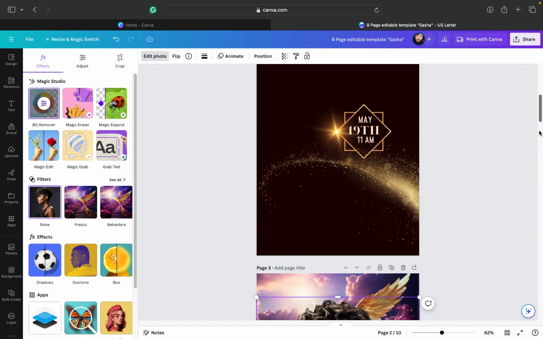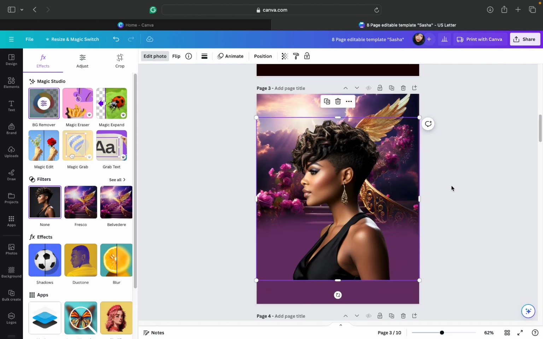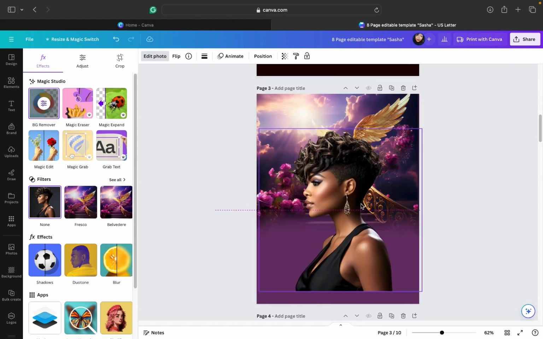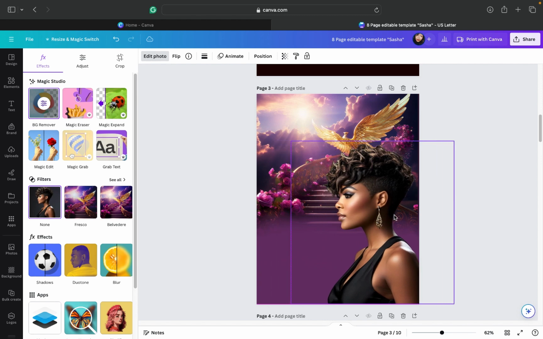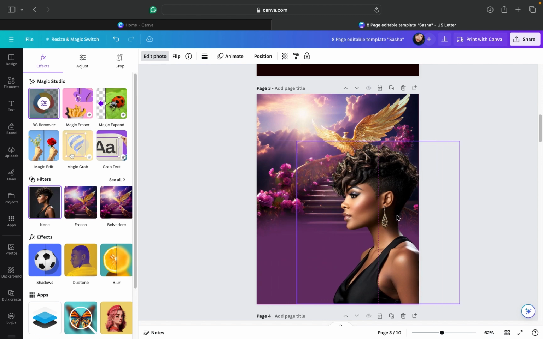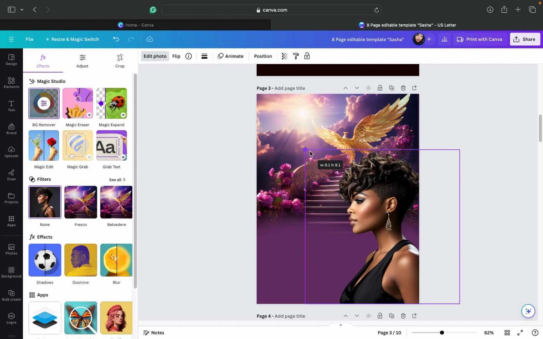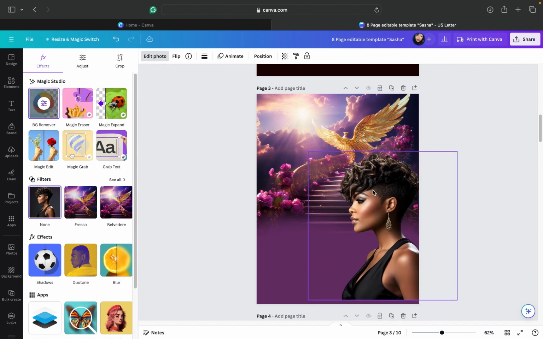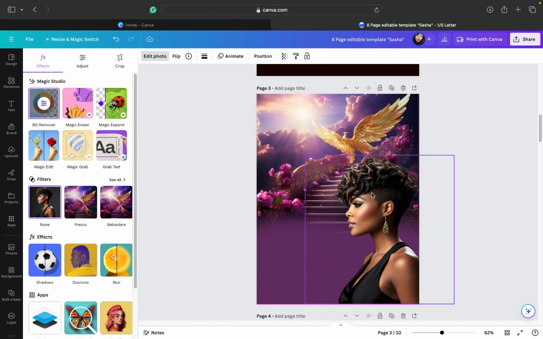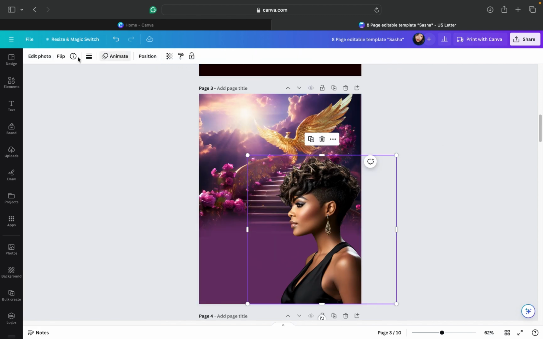All right, so I'm going to go back to page 3. I'm going to use a side profile photograph. I'm going to grab it and I'm going to bring it all the way over to the right where her hair and her back is touching the edge of the canvas. I think I want to reduce the size of the photograph just a little bit, make sure she's positioned and she's good. I'm going to go again to edit photo,